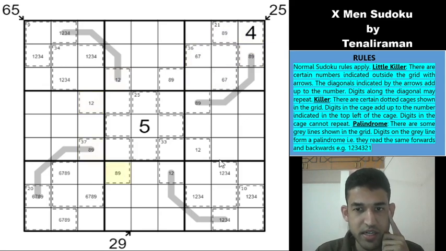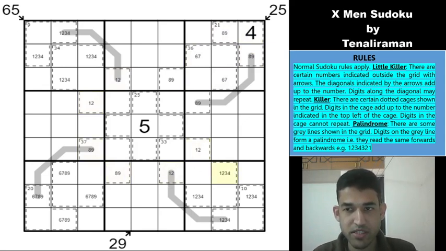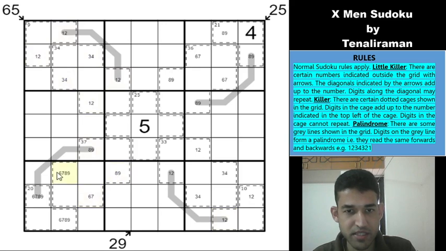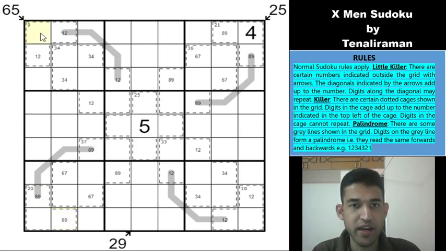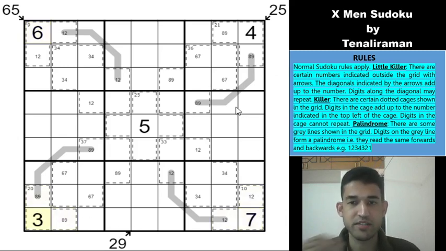And okay, this grid is symmetric, right? So we can do the same things in all the 4 corners. So with 1 and 2, these 2 cells will be 3, 4. These 2 cells will be 1 and 2, and similarly this is a 1, 2 pair, so this becomes 3, 4, and this becomes 1, 2. This is 8, 9, so this becomes 6, 7, and that becomes 8, 9. Okay, so we can get all the corner cell values. So this is a 9 cage, which means this is a 6. This is a 10 cage, this is a 7, this is a 20 cage, this is a 3. Beautiful, guys.